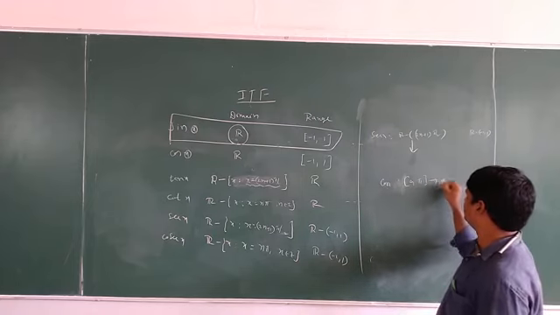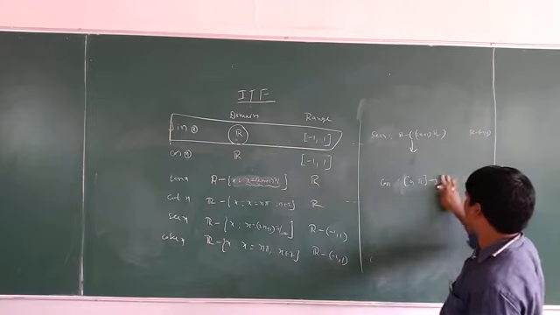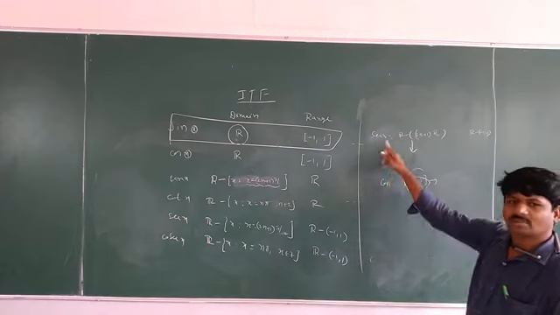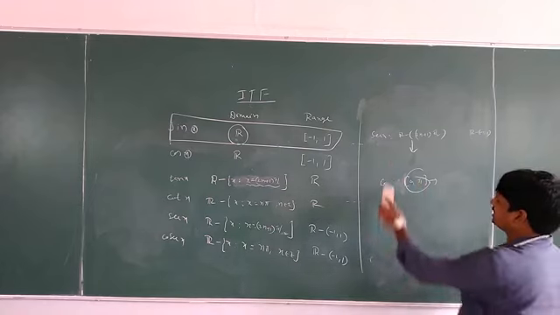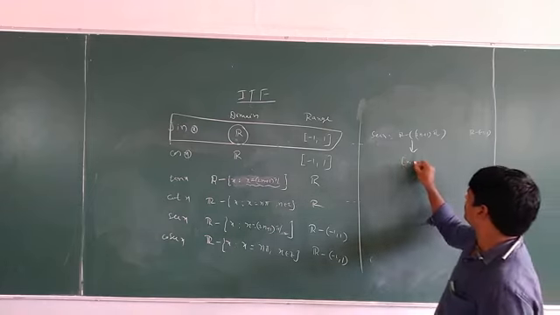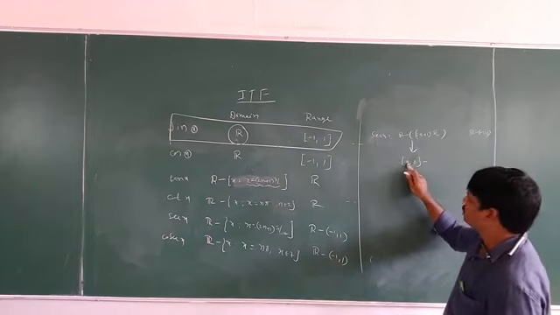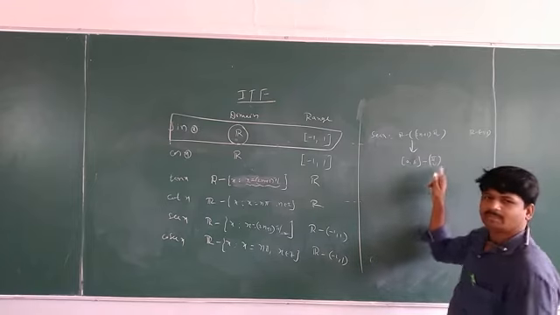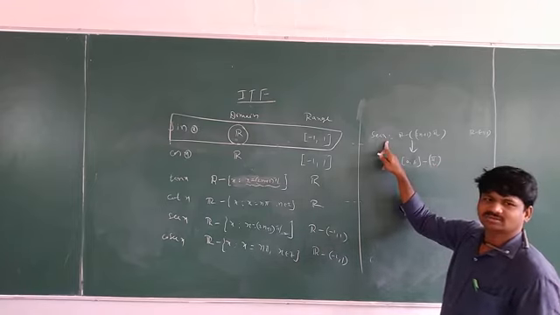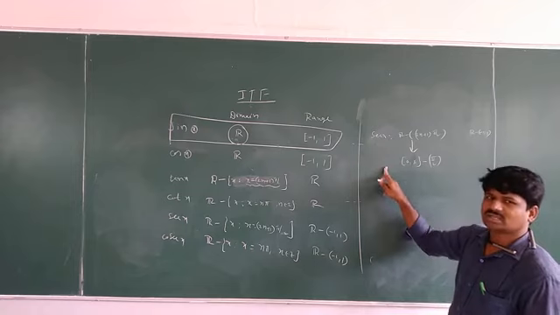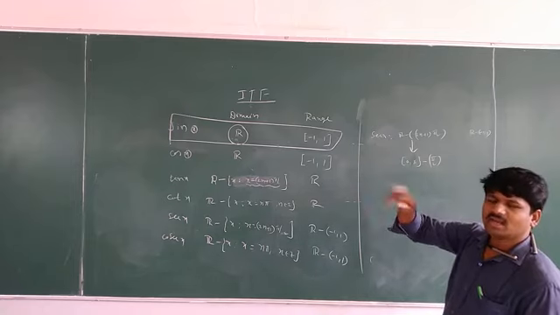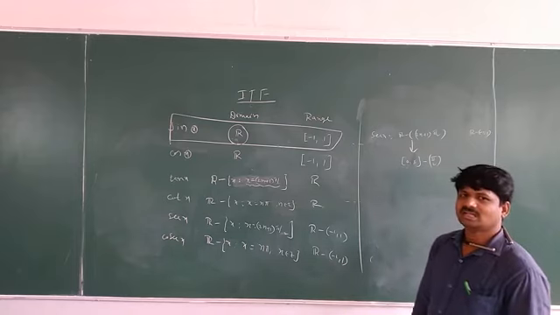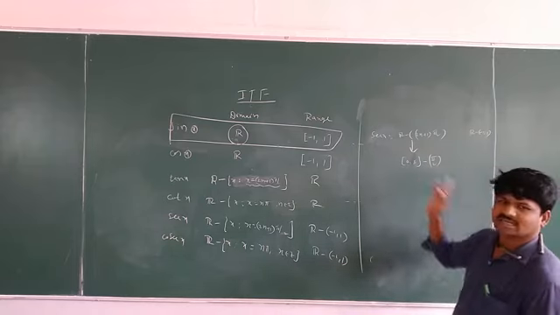Cos we restricted like this: closed 0 comma pi to closed minus 1 comma 1. Very naturally, we restricted like this, or not? Same. Secant means 1 by cos. This one also we have to restrict like this, 0 comma pi. But between 0 to pi, what is there? Pi by 2 is there. You have to remove pi by 2. If you take pi by 2, secant pi by 2 is 1 by cos 90. Cos 90 is 0, so 1 by 0 is not defined. Yes or no? You cannot take that one.